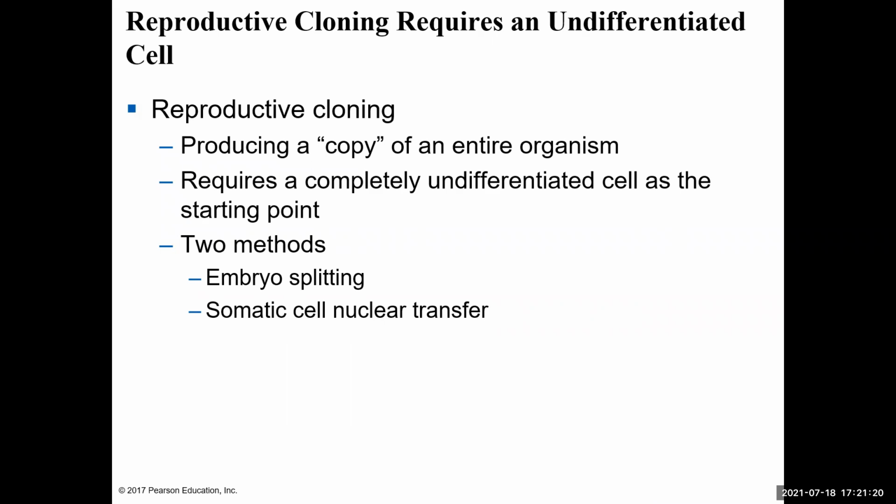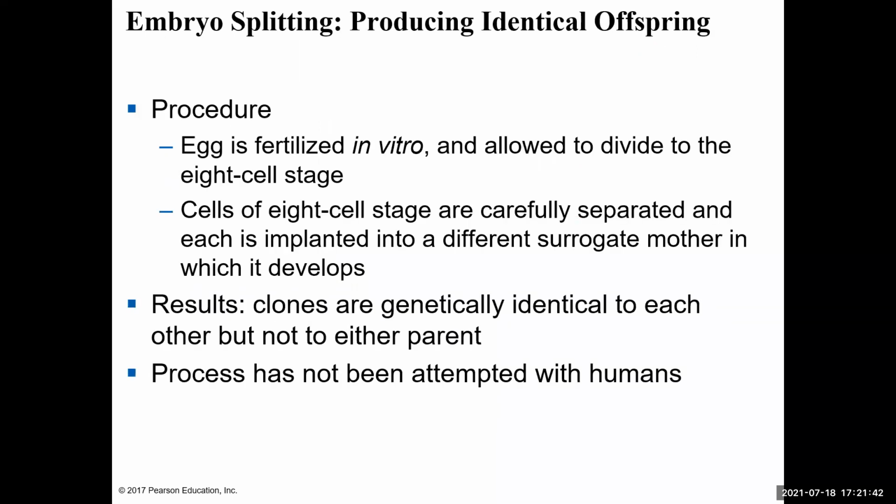And like I had mentioned, you can have reproductive cloning, which you need that undifferentiated cell. So you're actually producing an entire organism, a copy of that organism, during the process of cloning. The two methods that you can have, one of those we've talked about, which is embryo splitting. Another one is somatic cell nuclear transfer. So for embryo splitting, that's where you split at the 8 cell stage, and you allow those identical cells to grow into genetically identical